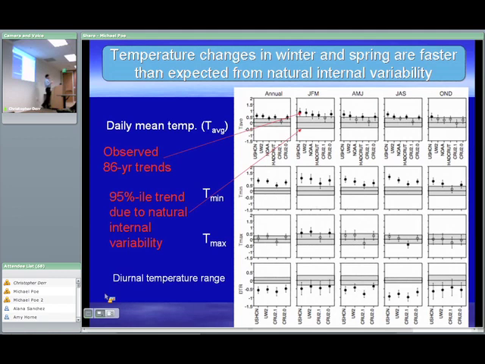And again, that doesn't necessarily mean nothing's going on, but if there is greenhouse warming, it's being canceled by other factors, which I think are probably particulates and to some extent irrigation. So the message from this is that some of the temperature trends that we see seem to be too rapid to be natural. Others are within the bounds of natural variability.